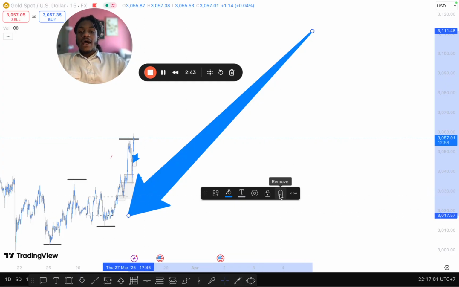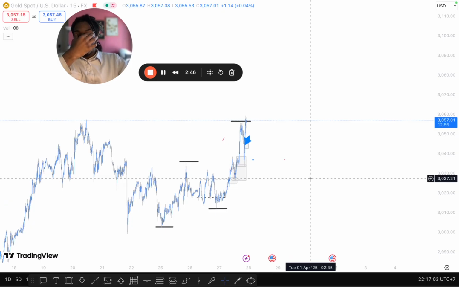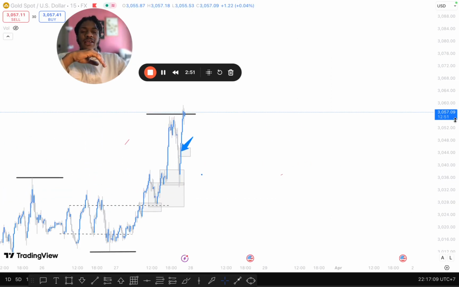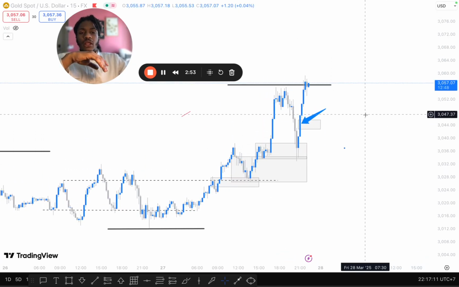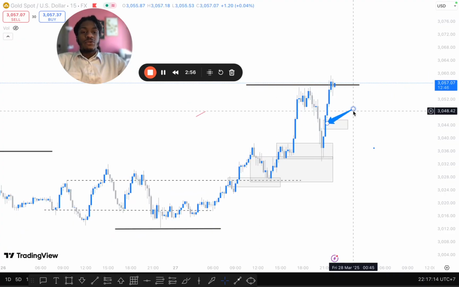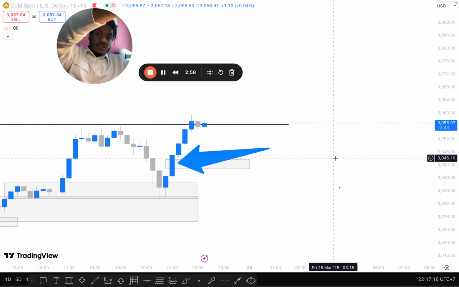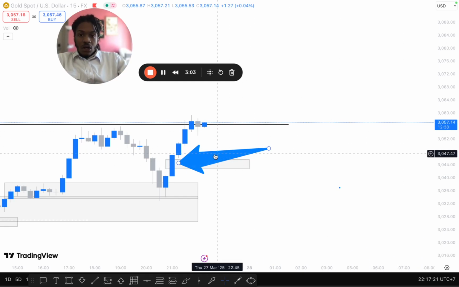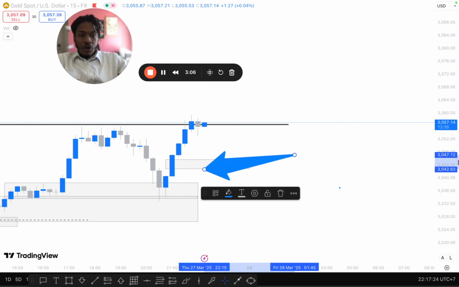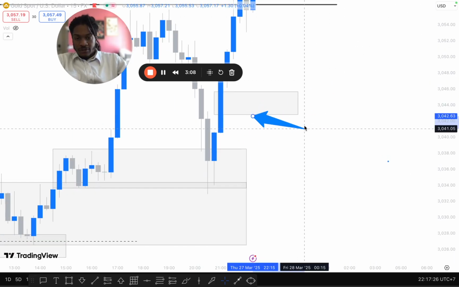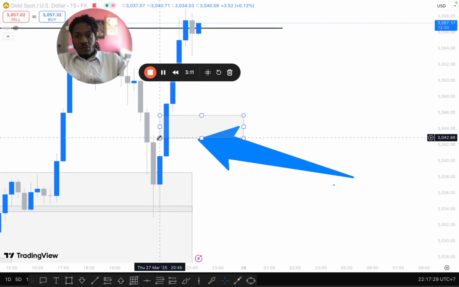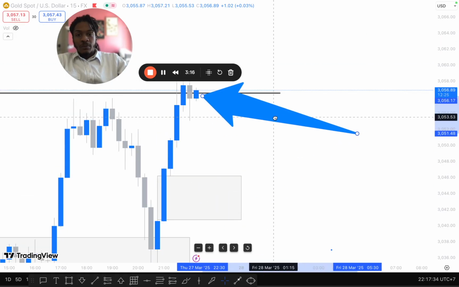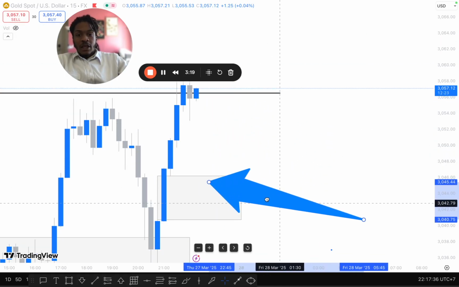For me, I only trade fair value gaps and order blocks. If I'm in my market structure and it's bullish, I want to be buying at the low point. Right now, where that blue arrow is pointed is that low point I was talking about. This low point represents a fair value gap, which is what I trade. I'm currently waiting for gold to come back down and drop lower in price and fill in this inefficient